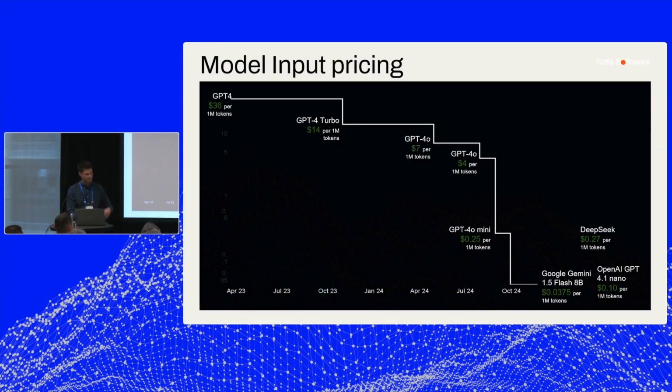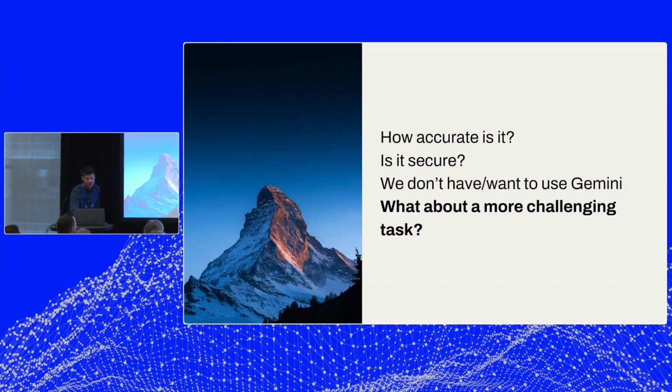Yeah, we all saw this, but the addition I just mentioned, like OpenAI's got in on the game on the cheap tokens, and I think that's probably to the credit of DeepSeek, which is a stronger model, but has helped to pull down the market as the competition continues to heat up, basically. Some more challenging tasks. Well,